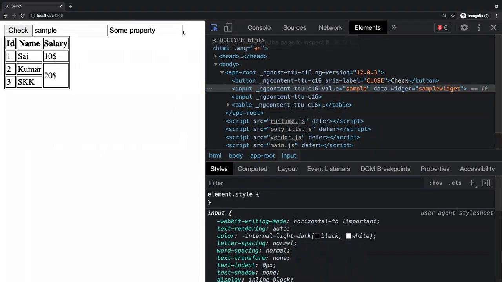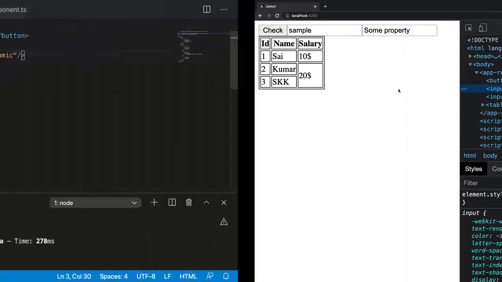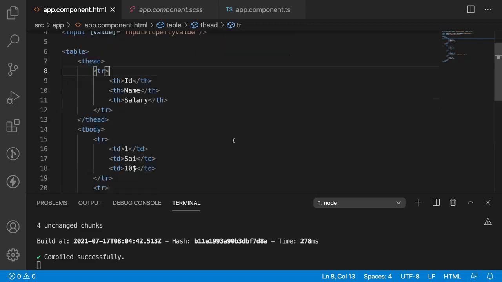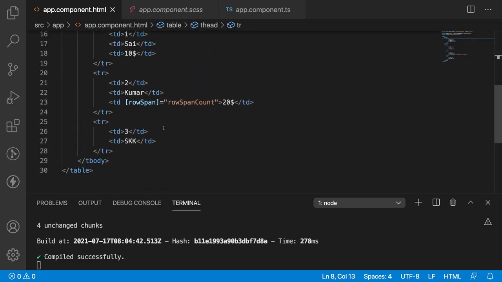And you can see here, if you inspect this, you can see the sample widget. This is passed from our controller. So I am able to bind my data from the controller to the view. So this is what attribute binding indicates. Here, what are the different things we saw by using attribute binding? Attribute binding is a type of binding which can be used on any HTML element to bind our controller. To bind our controller, we cannot use attributes directly or property binding directly. Instead, we have to use attr dot attribute name.